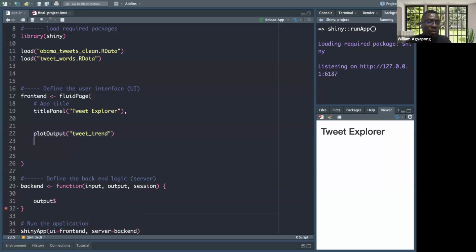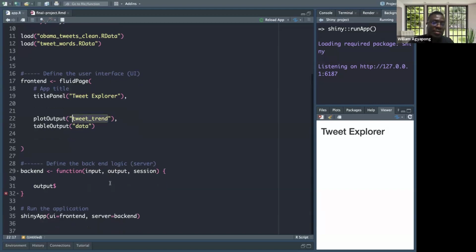If you want to render a table, you do what? The table output like that. And you can give it a name, an ID. So once this app runs, all the IDs I'm giving here, Shiny will create list objects, and they'll be available here like that. So my outputs, I have to call those IDs on it. So what do I want to target? The tweet trend,